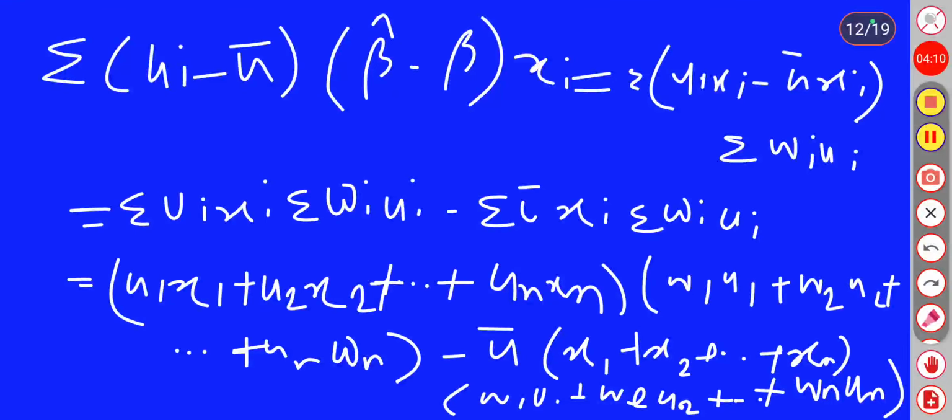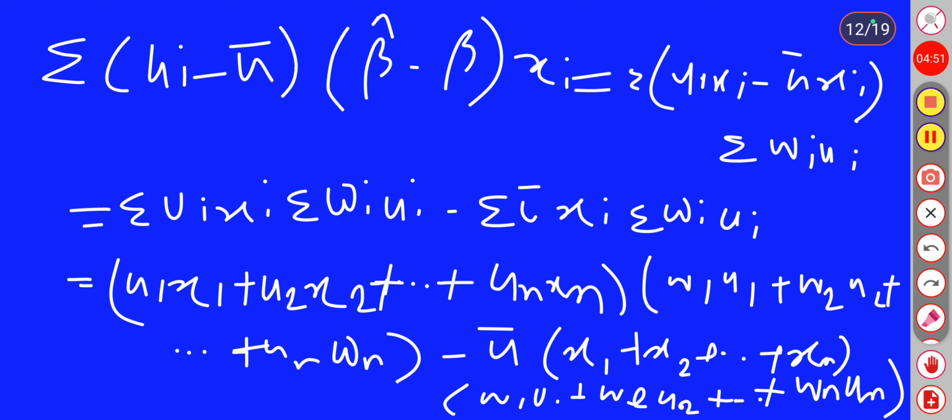And the other term is the sum of (ui minus u bar) into (beta hat minus beta) xi, which is equal to the sum of ui xi minus u bar xi into wi ui. We know that sum of wi ui is equal to beta hat minus beta. So the next line is the sum of ui xi; we are multiplying both the terms: sum of wi xi into sum of wi ui minus sum of ui xi into sum of wi ui,